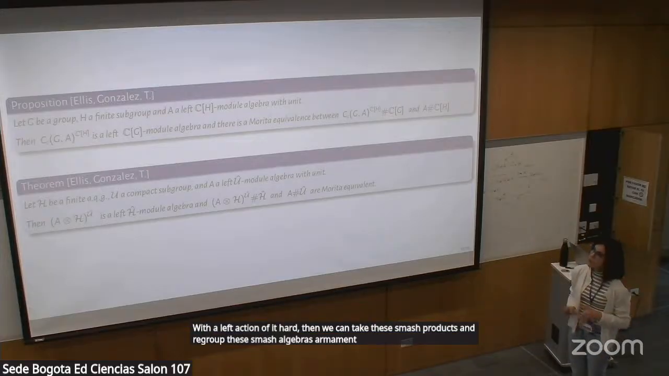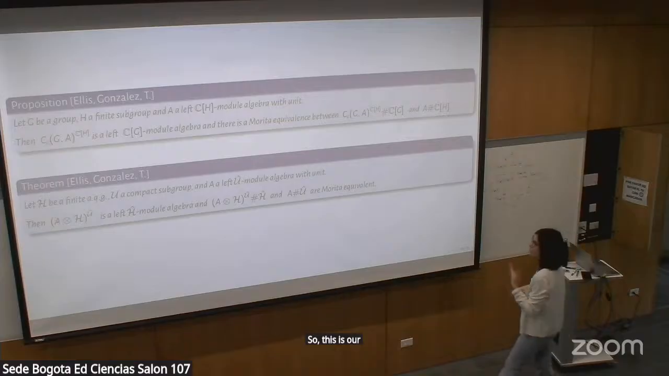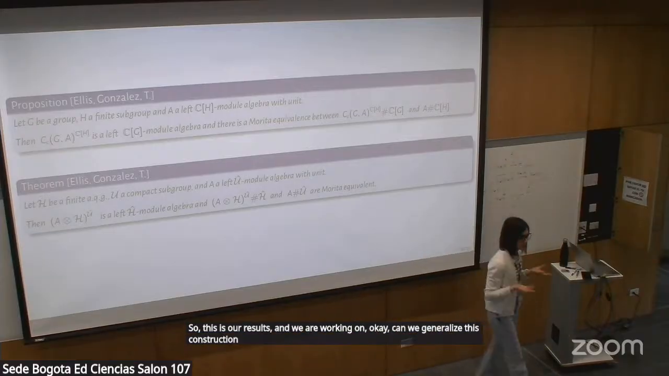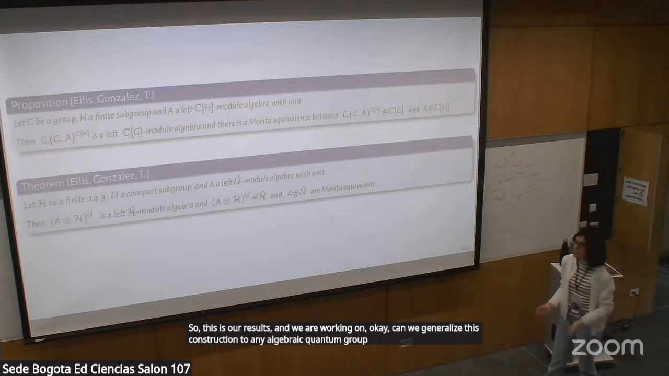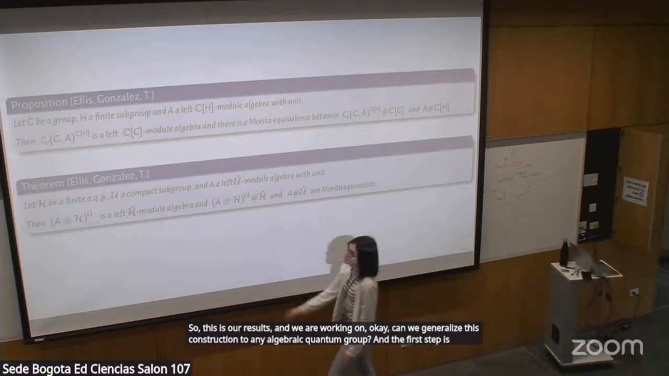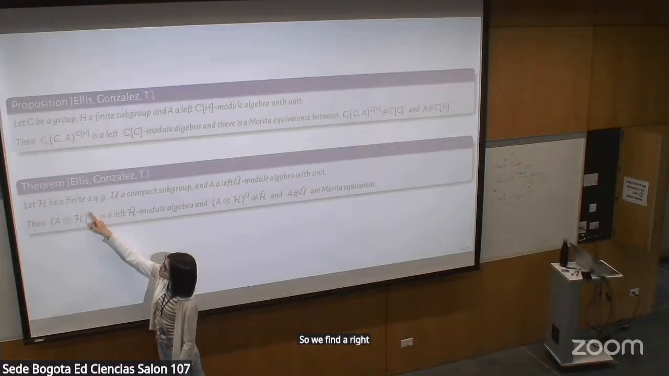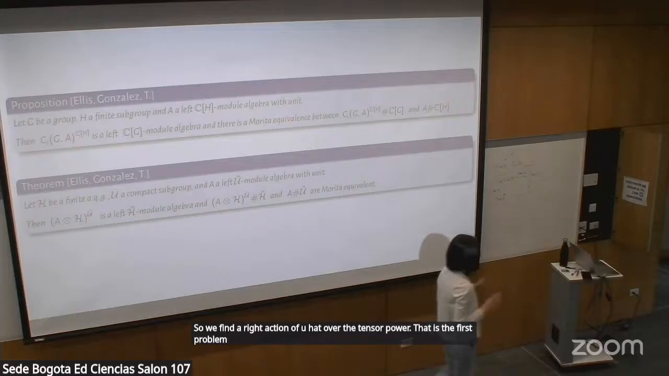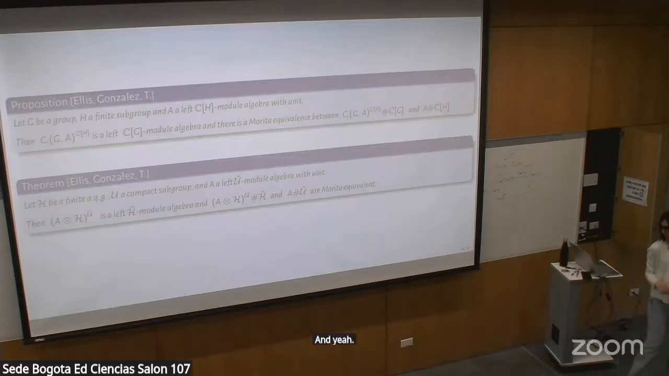So this is our result, and we are working on, okay, can we generalize this construction to any algebraic quantum group? And the first step is to define a right action of U hat over the tensor product. That's the first problem that we have. We are still working. Okay,